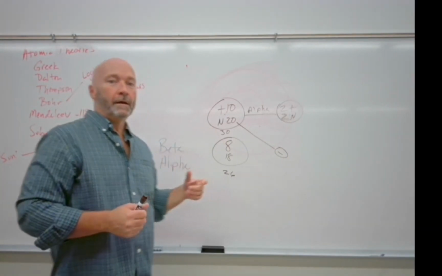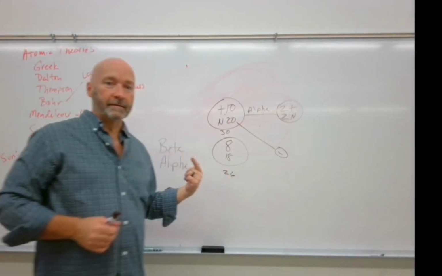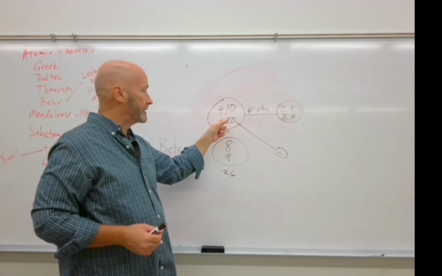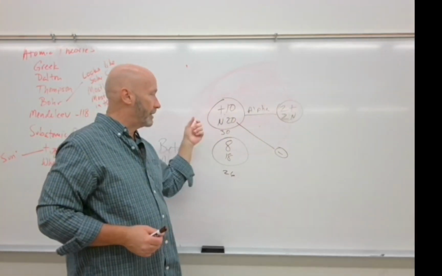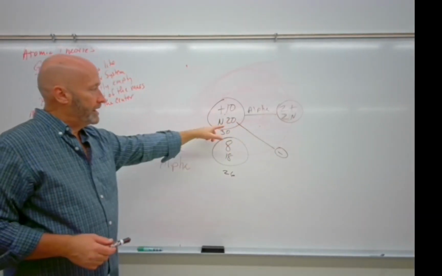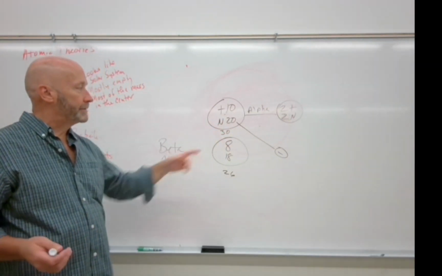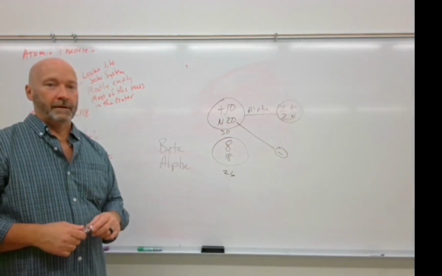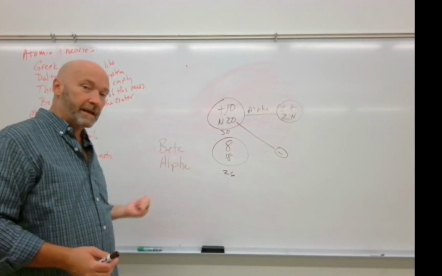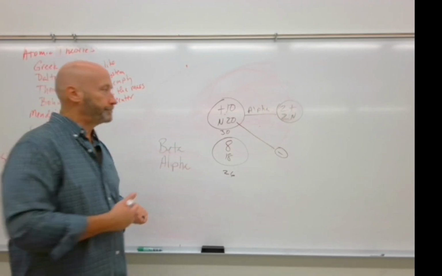Wait a minute. We said that the electrons lived in the shells around the outside of the atom, and they do, right? Except for if you consider the neutron has both positive and negative charges to it. So if we kick a negative charge out of a neutron, then what's going to happen to the neutron? I'll give you a second to think that over. It was neutral. You got rid of a negative charge.